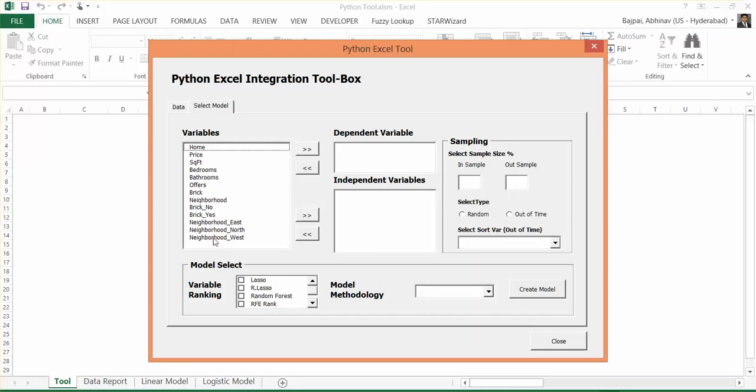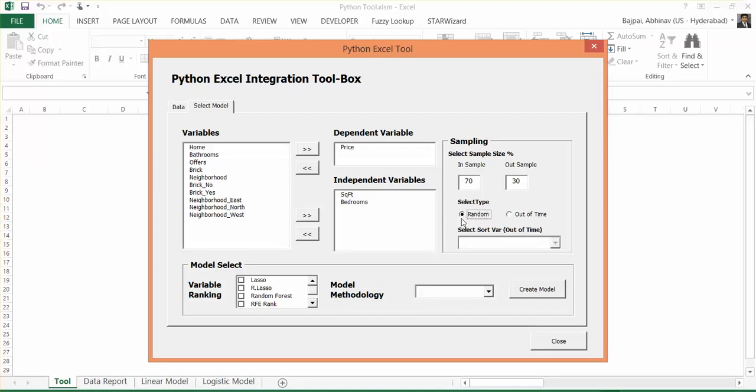Now if I want to create a linear regression model wherein I want to predict the prices of the house, I will just pick prices and put it as a dependent variable for me here. Okay, so let me just put up some variables here. We have square feet. I think the bigger the house, it should cost more. And then say for example number of bedrooms as another variable here. Okay, and I want to do a random sampling. I want to divide my data set in such a way that I will create my model on 70% of data, and then on the out of sample I will try to check whether it's a good fit model or not.